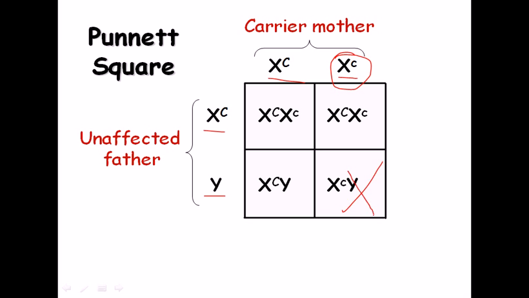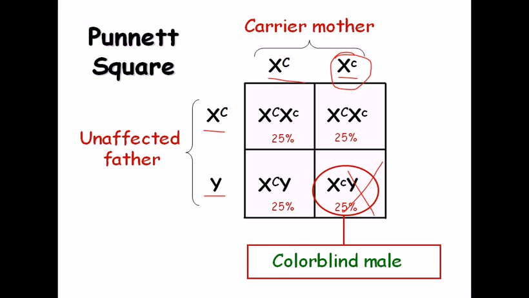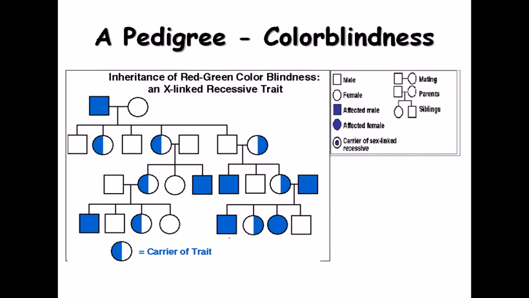So this is the diseased one, this boy will suffer. Or not die actually, in this case this boy will be the color blind one, and the probability of getting each of these is 25%. So the probability of having a daughter who is a carrier is 50%, the probability of having a son who is fine or normal is 25%, and the probability of having a son who is color blind is also 25%.